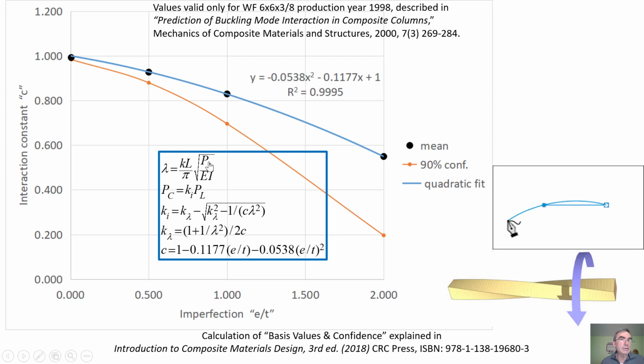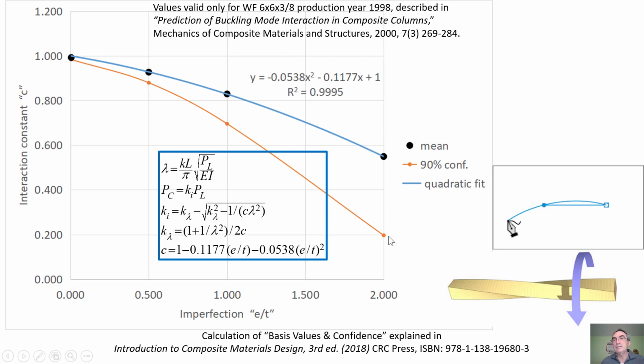And the other equations I already used, I already explained. And here you have C. Of course, if you know how to calculate C, then you got everything. Okay, so now a couple more things. First, we could take these values of P sub C, which we get with the design equation, which is this, and then apply a safety factor or a load resistance factor to it. But maybe we want to do reliability, and if we want to do reliability, we need either basis values or at least confidence. And here I plotted the 90% confidence value.